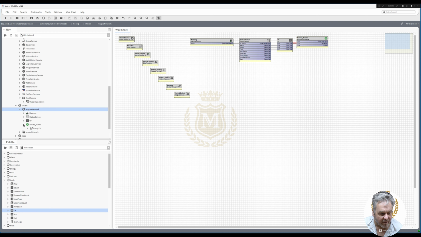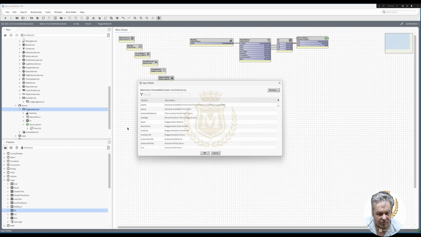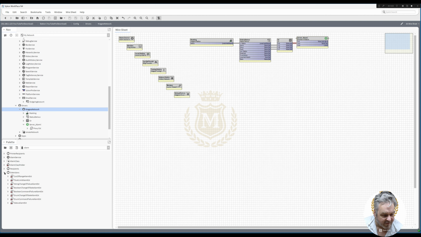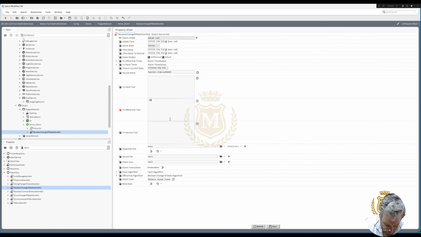So if I go to the server alarm there and then go to my modules down here, and put in alarm module, and then go to my extensions, and with this being a boolean, I need to bring a boolean state across. Go OK, go into that, and I'm just going to put server alarm exclamation mark, please check the server. Normal, I can just put server healthy, not that I'm going to get an email when it's normal. Server alarm healthy,